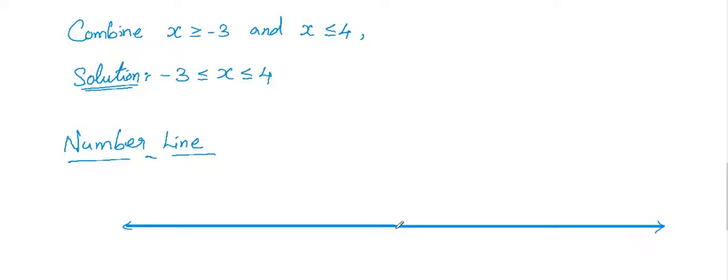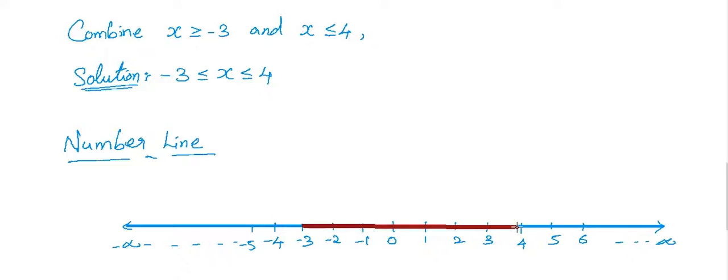Now draw the solution set on the number line. So just draw the number line and mark the inequality range from minus 3 to 4. So if we draw that, minus 3 to 4, and since we have less than or equals to symbols, we just need to draw a closed circle like this. So this is the number line for the